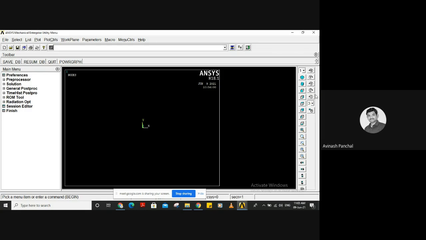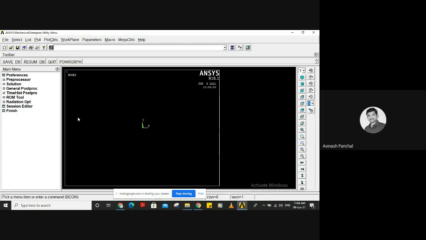Okay, and then we can see this is the rate of change of model manipulation, so that we can change for 35, 30, 45, 60, 75, 90, 100, up to 100 we can change. Okay, so this is all about the introductory part of ANSYS.